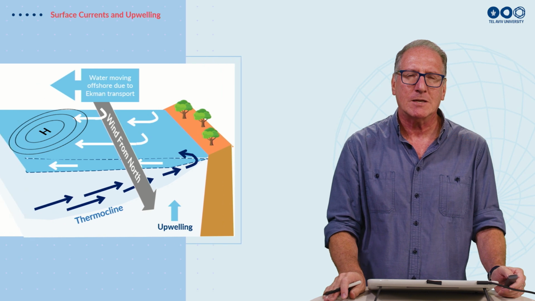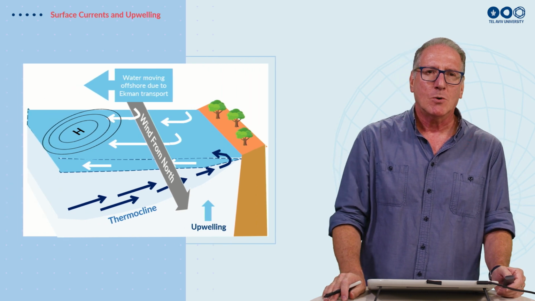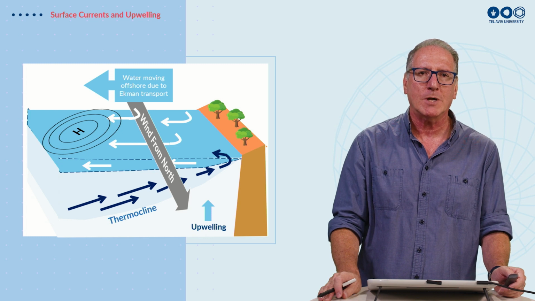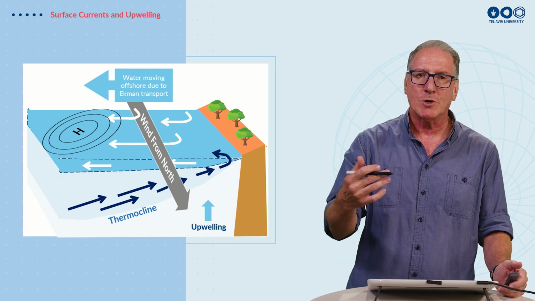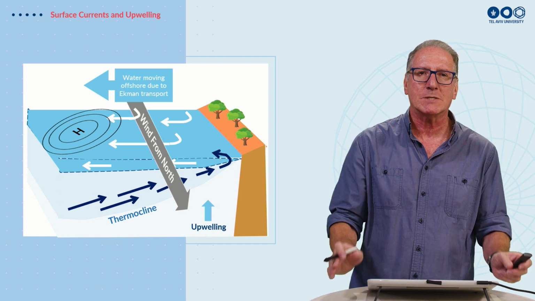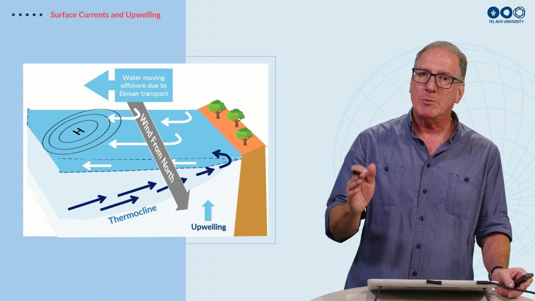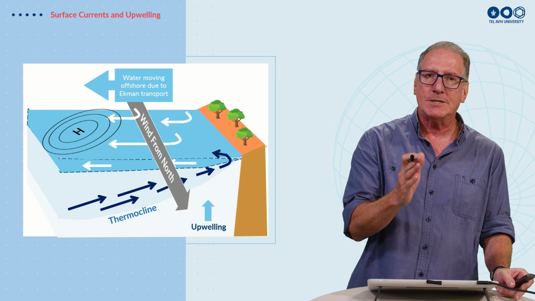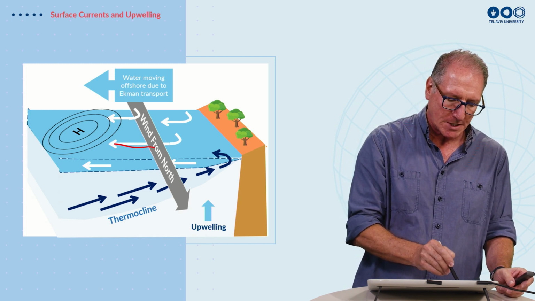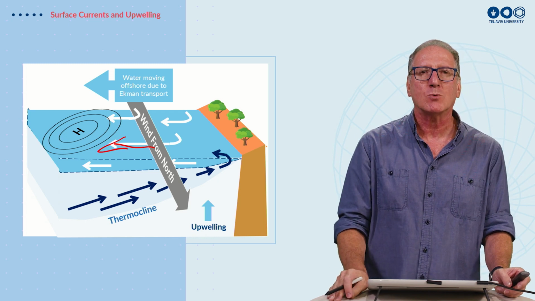So how does this affect the temperatures in the ocean? Well, if we look at this example, along the coast of California, where we have the winds coming from the north, what happens is that the column of water, 100 meters underneath the winds, will be diverted 90 degrees to the right of the wind direction. So basically the water movement is shown by these white arrows.